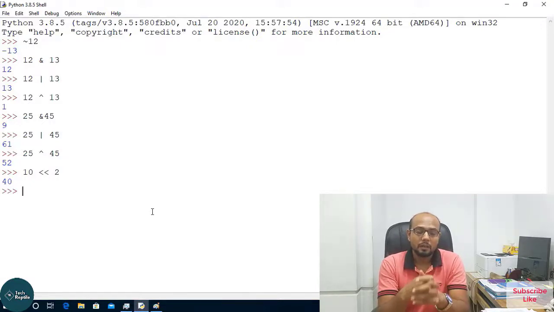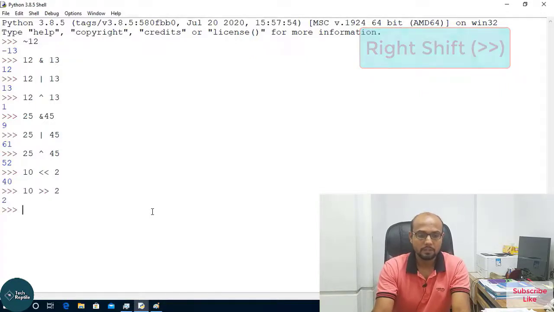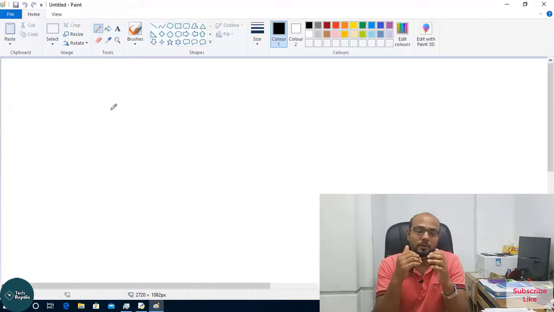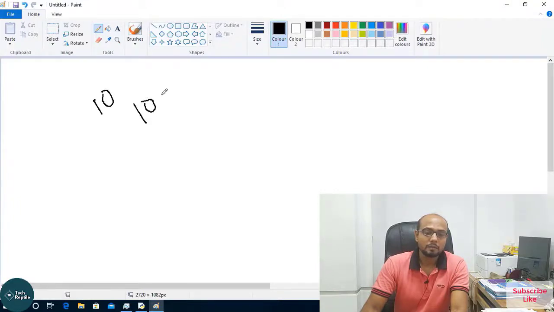Now we will talk about the right shift. If I right shift 10 by 2 bits, it will give you 2. So how can I get the 2? In left shift we are gaining bits, but when we talk about right shift we are losing bits. So how do I lose the bits? The binary format of 10 is 1010 dot some 000.